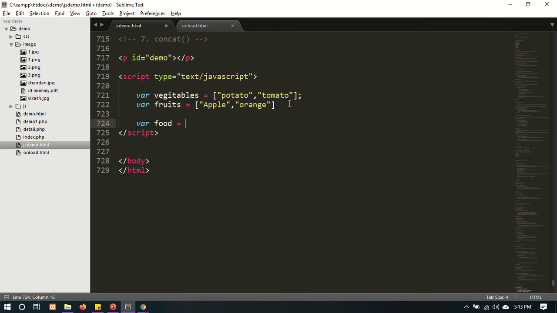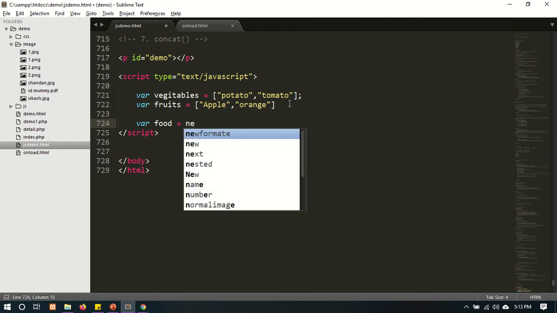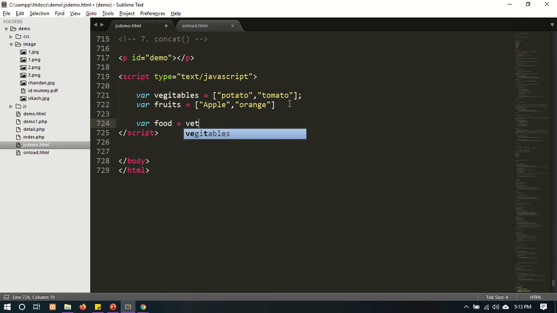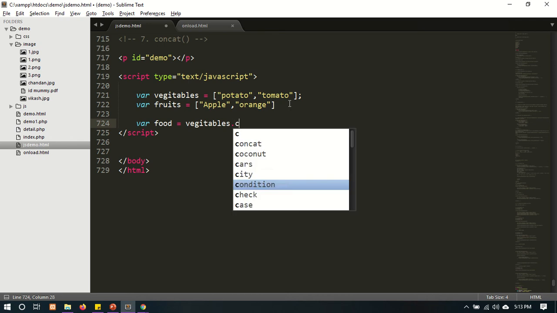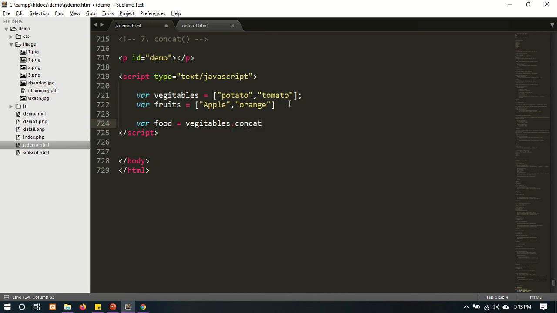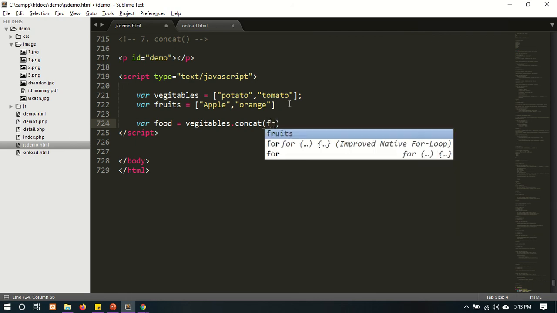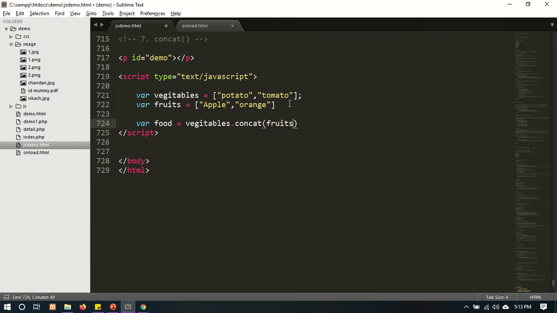The first array is my vegetables dot concat fruits, the second variable. Means in vegetables I am adding the elements of the fruits. Means after these two elements, potato and tomato, the next two elements of the fruits array, apple and orange,